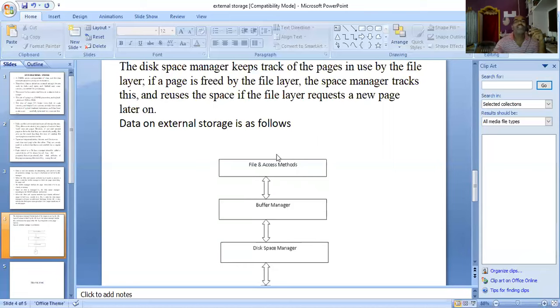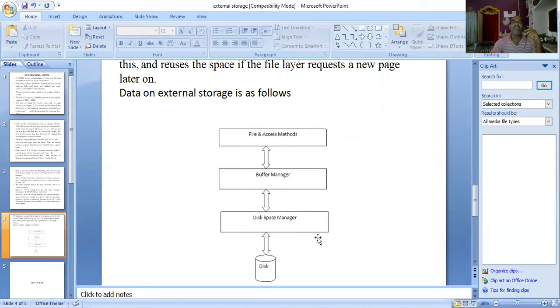Generally, the external storage in a database system is as follows. Here, the first layer is the file and access methods layer, where the files will be accessed and processed. And here the buffer manager will be there, the disk space manager will be there, and the disk will be there.